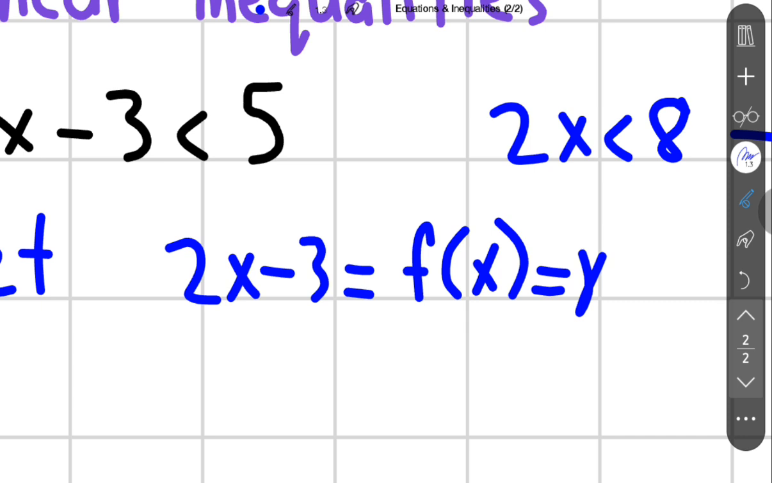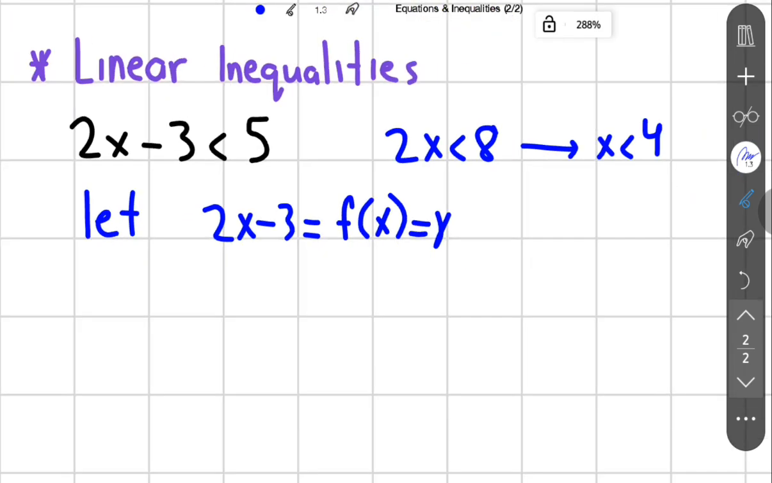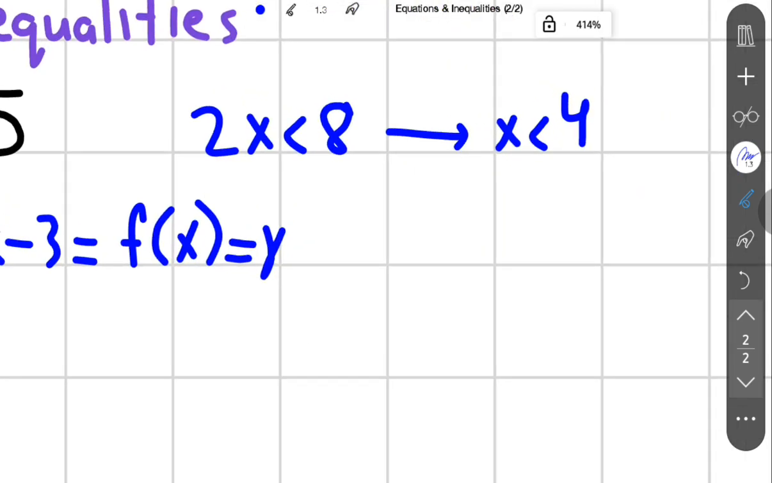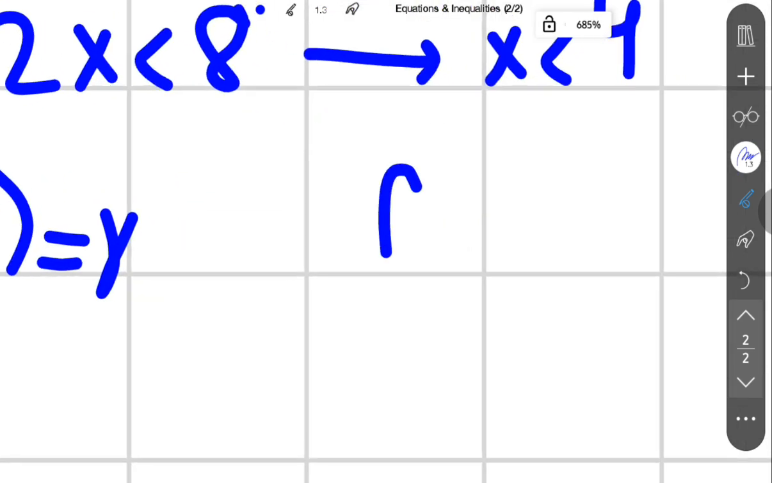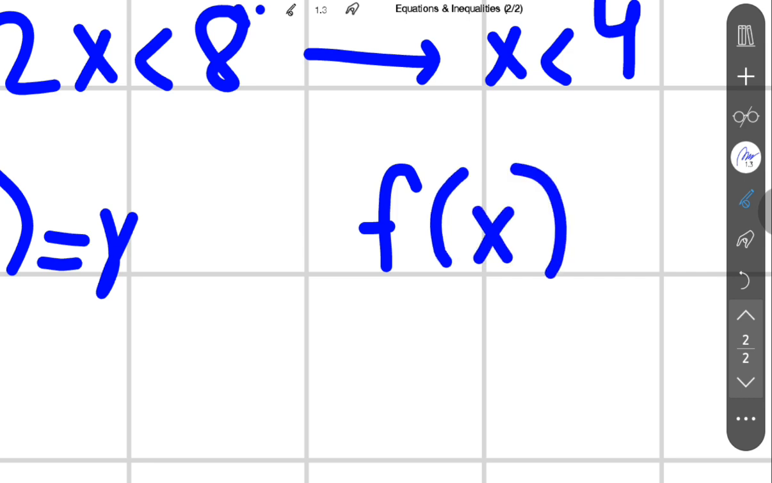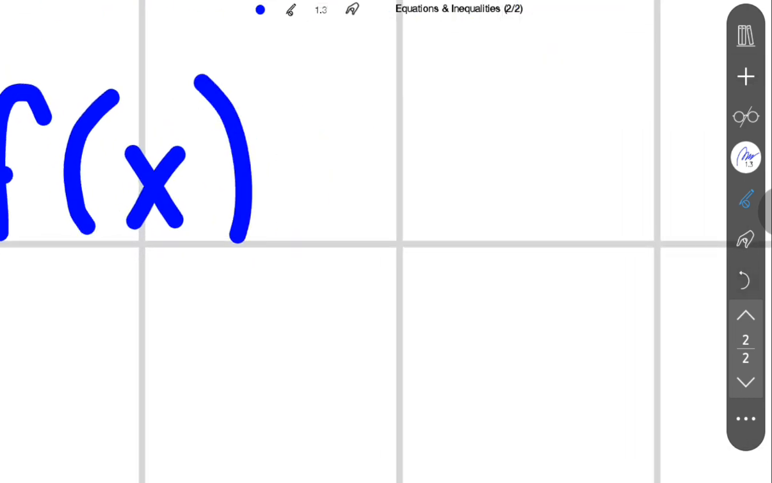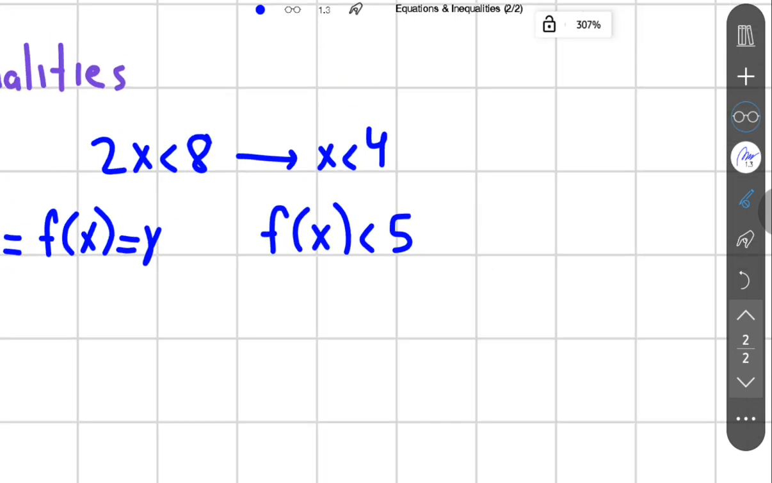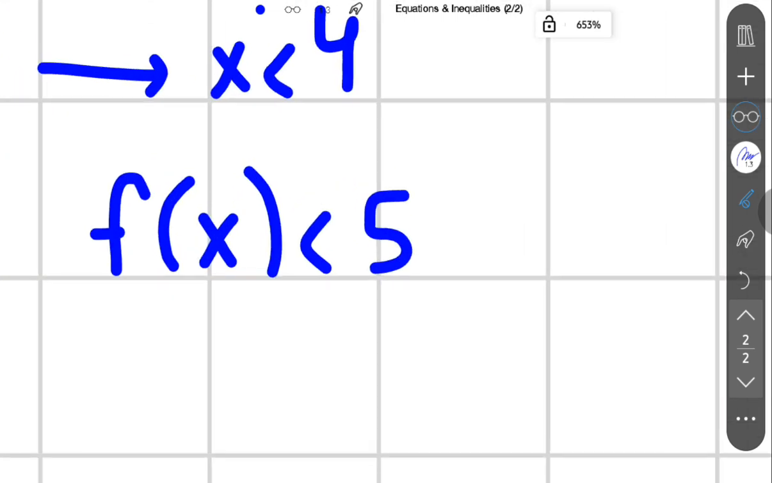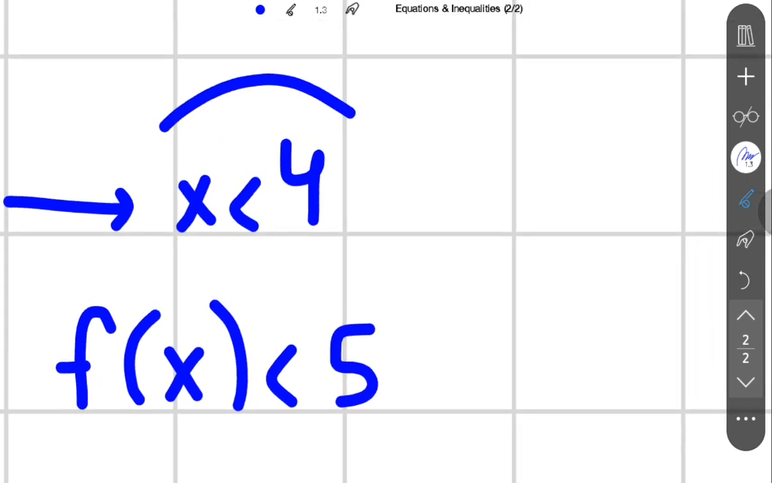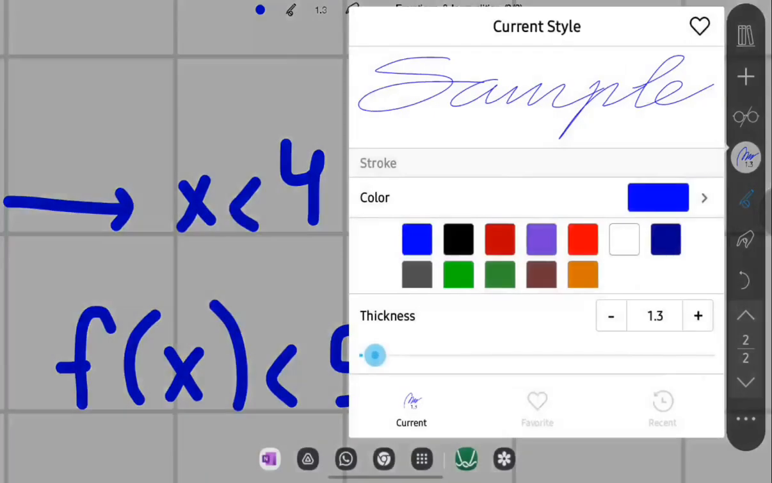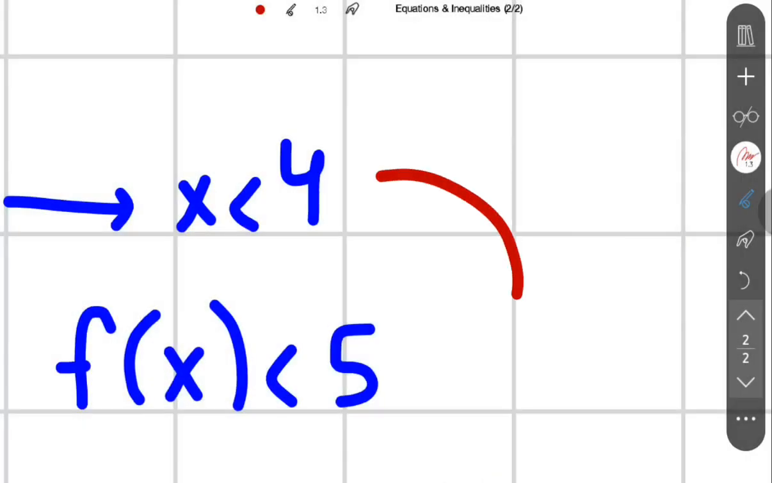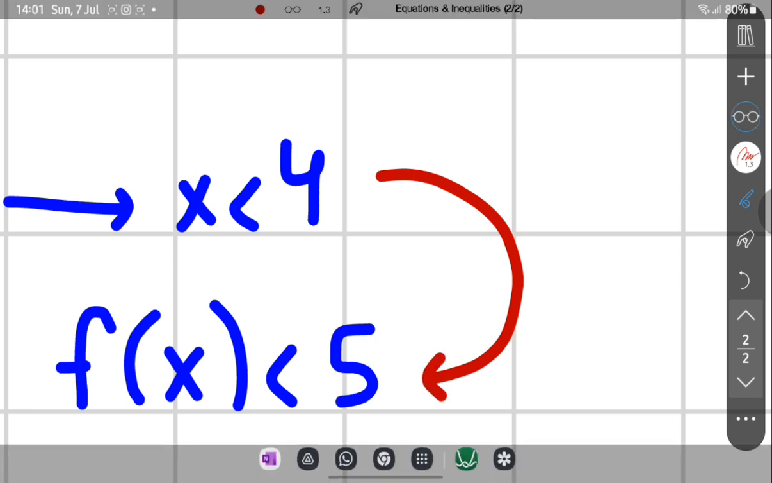So if I were to draw this graph, but I already did it in Desmos, I just want to explain something. Now if we rewrite the inequality with the new assumption that I've made, I basically just assumed f of x is less than 5. So the x values which are less than 4 in the original inequality that I solved will also correspond to y values that are less than 5. And you'll see what I mean once I load up the Desmos